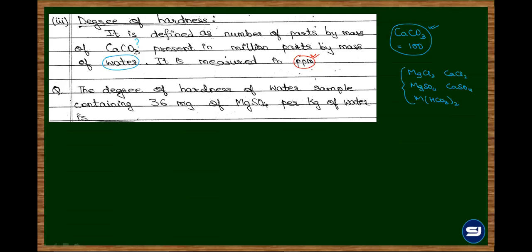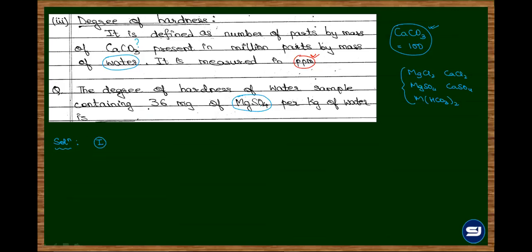ठीक है? तो अब करना क्या है? We have to find the proportionate amount of whatever compound is given in 1 million parts by mass of water. 1 मिलियन में कितना है वो फाइंड करना है. समझा ट्रिक? Proportionate मतलब unitary method से convert MgSO4 into equivalent CaCO3 and find that in million parts by mass of water. तो देखो फर्स्ट पार्ट में क्या किया गया है.